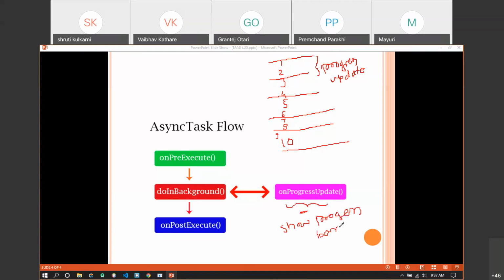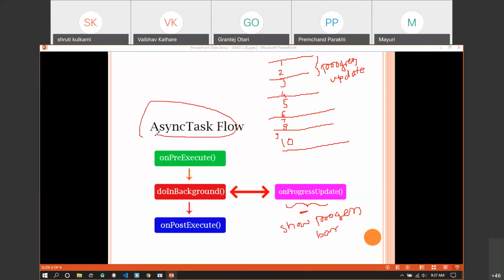The most common example is, suppose you are downloading some movie from some site, or some song from some site. While downloading, it shows you the progress bar. Now, how does the progress bar automatically update as your file gets downloaded via the browser? The reason is that for downloading that file, they are actually running an async task in the background.